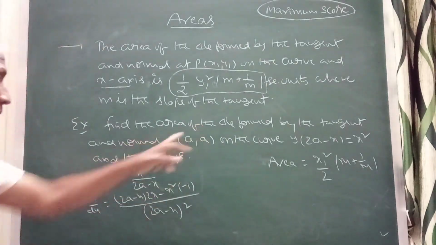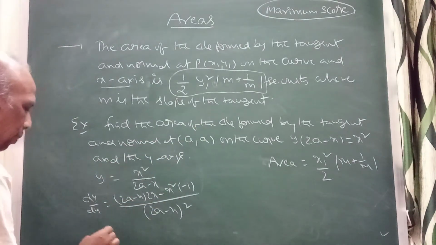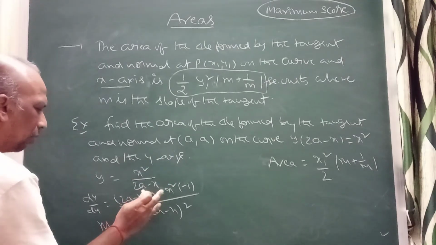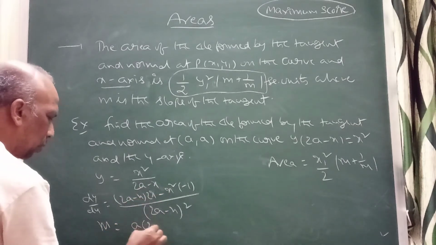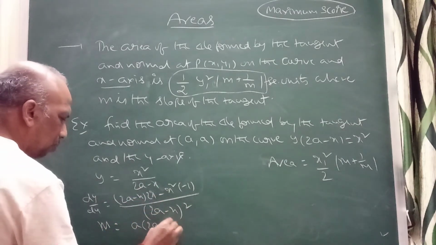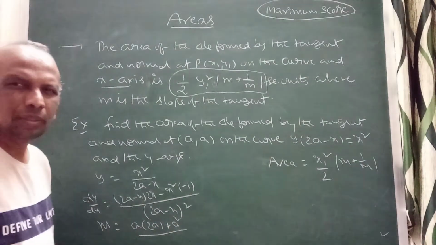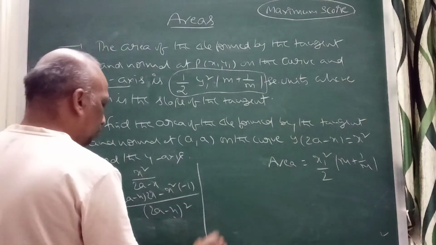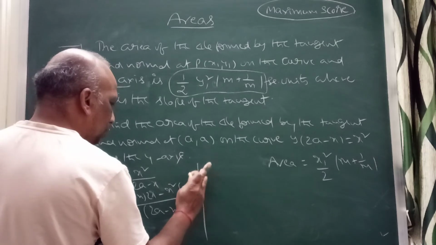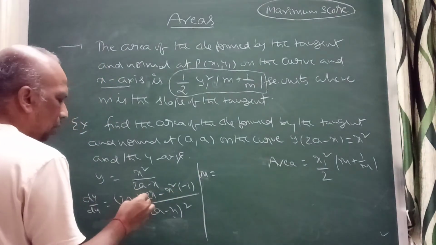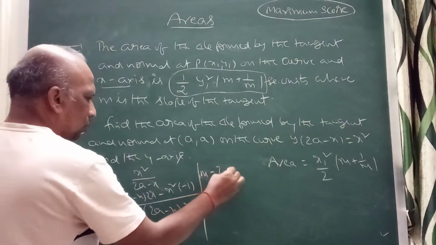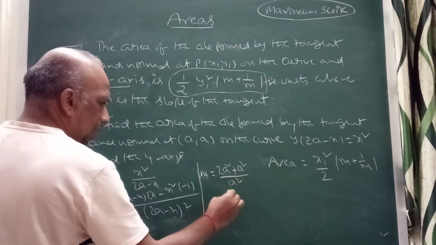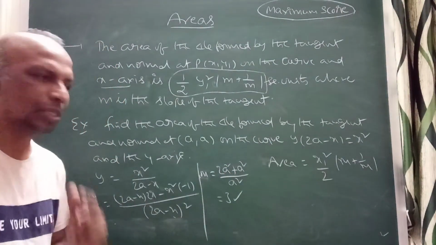Correct. They are asking at the point (a, a). So m, at the point (a, a), you substitute. 2a minus a, then a into 2a, right, this is 2x, minus of minus plus a square, by the value of this. I can find dy/dx, that is m, by substituting in this: (2a minus a) into 2a square plus a square by (2a minus a) square, it will come. So that is 3a square by a square, m is equal to 3. I got m is equal to 3.